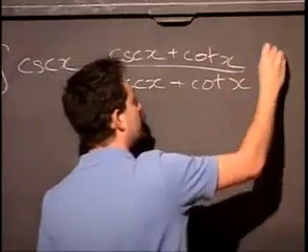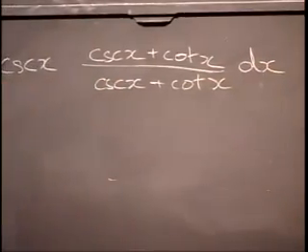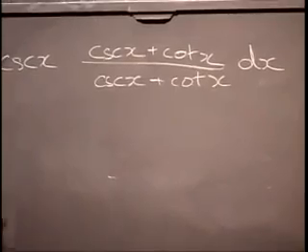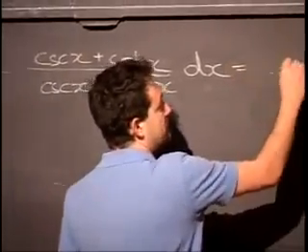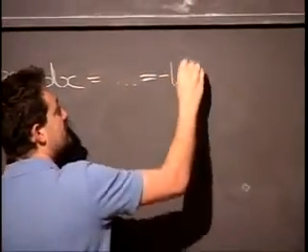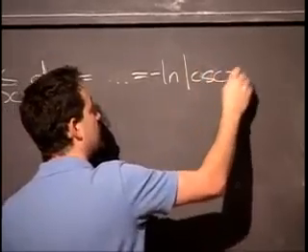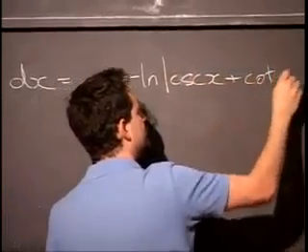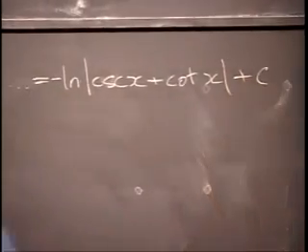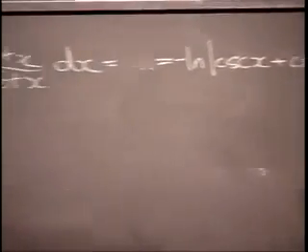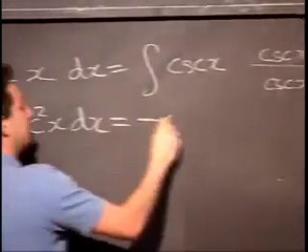Same silly trick, except that when you do it, you will find the derivative of the bottom is the negative of the derivative of the top. There's one step missing, and you should get minus the log of cosecant x plus cotangent x plus c. Similarly, the integral of cosecant squared x is just negative cotangent,